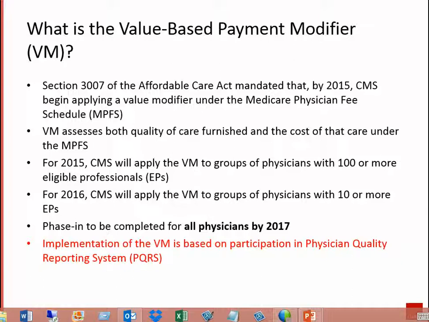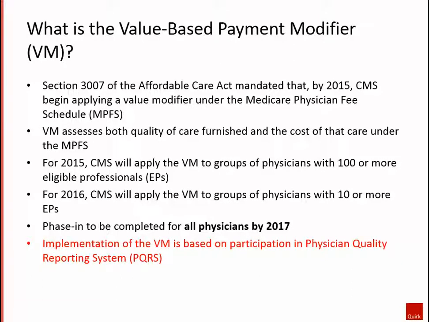So those of you that are familiar with PQRS, you understand that PQRS is on a 2-year rollback. So what that basically means is that in 2013, the measures that you're reporting for PQRS are what will be used to determine whether you have met the value-based modifier and how that will affect your payments in 2015. So groups of 100 or more eligible professionals have already been participating in the program. They started in 2013 collecting their PQRS quality measures